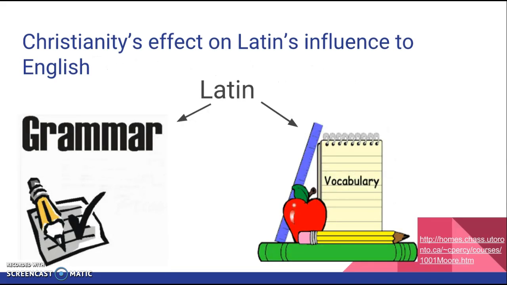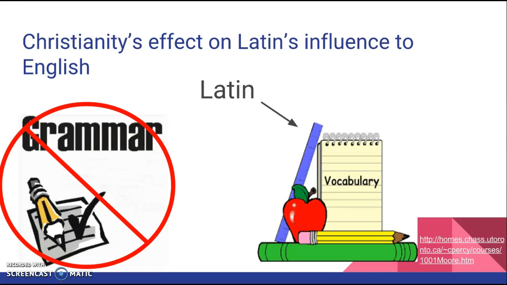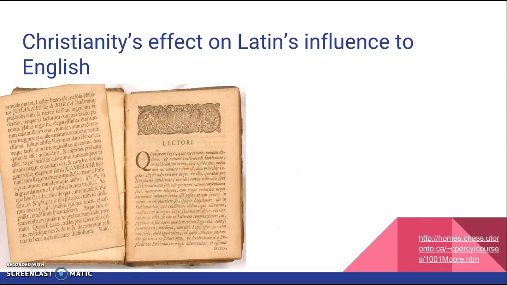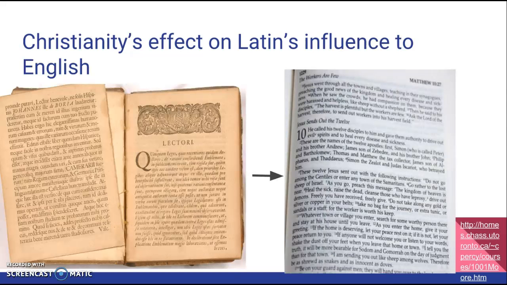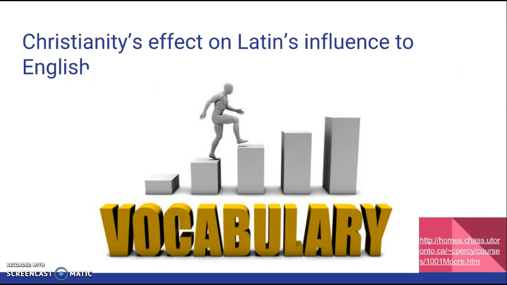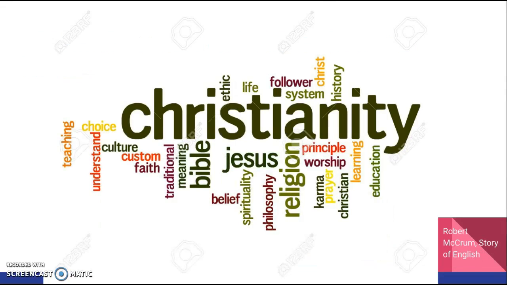Examples of Latin influence on Old English are seen in a variety of modern English words. Latin influenced our vocabulary only, not our grammar. This is due to the fact that Latin was not brought into Old English by people migrating. Instead, scholars converted ancient texts from Latin to Old English. Because of this, they simply replaced Latin words with equivalent Old English words, or borrowed Latin words if they felt there wasn't an appropriate Old English equivalent. Therefore, Latin had a huge impact on vocabulary, but not the grammar.